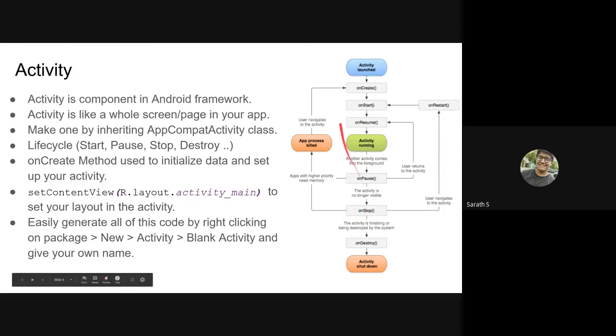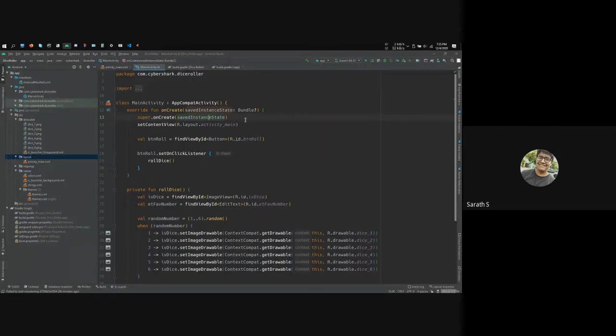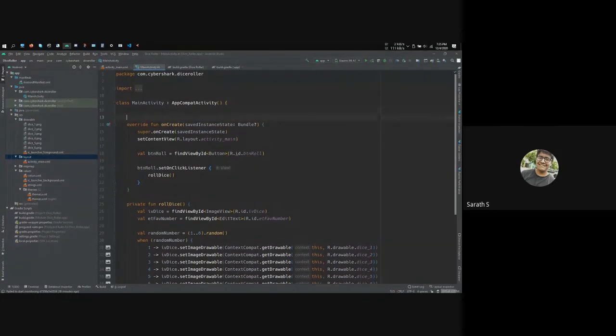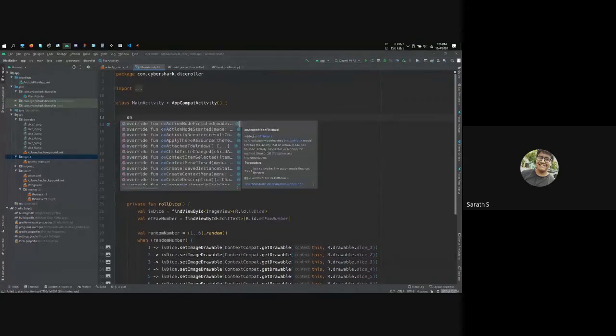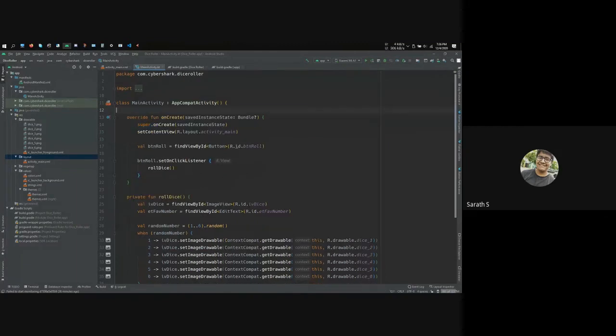So basically, these are the methods you'll be using, onCreate mainly. That is the one method you should always use when you are using activities to define what your activity does. So in Android Studio, you could easily use all of these methods by just going inside the class and just typing on, and then it gives suggestions for all the methods available. You don't have to know everything here. Let's say I showed onDestroy before, right? So onDestroy is a method available here. You just click on this and it generates the code for you. So you type onCreate and you get all of this code.